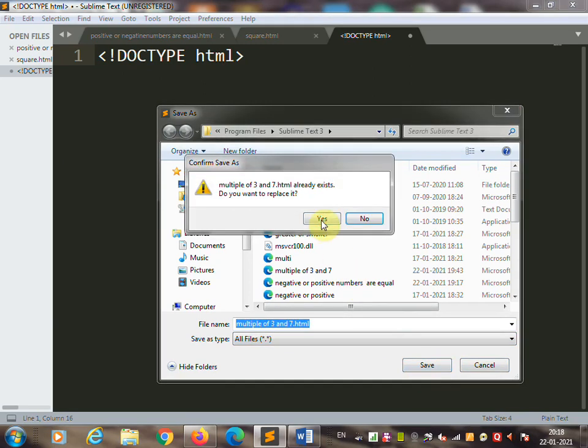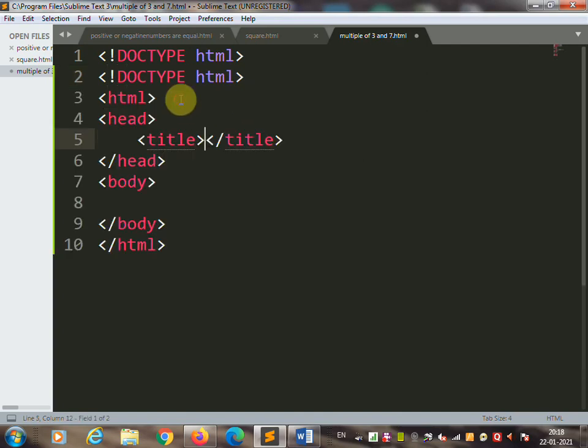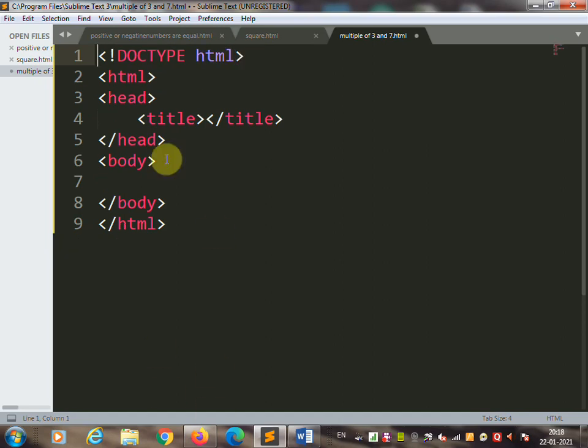Click on save. Now use the HTML tag, and then give the title. Here we'll give the title multiple of 3 and 7.